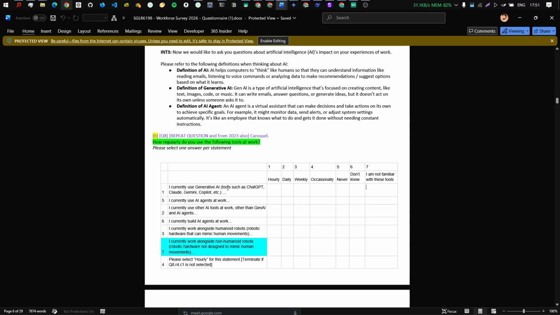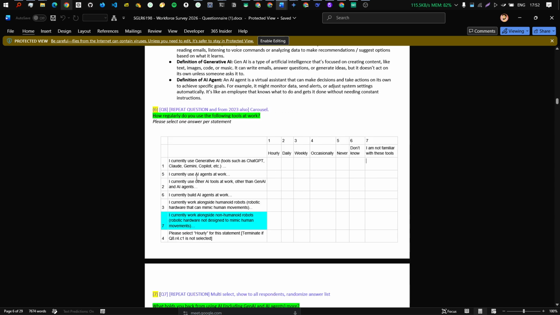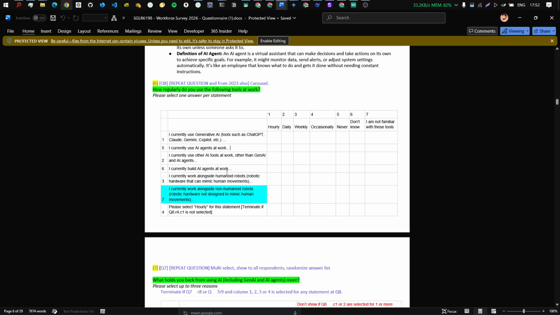I currently use generative AI tools such as GPT, Claude, Gemini, Copilot, etc. अगर आपने डेवलपर प्रोफाइल और एज आपने 25 के अप्रॉक्स लिए, तब आप इसको डेली, वीकली में डालेंगे, आवरली कर सकते हैं अगर आपको लगता है। Currently use AI agents, ओनली यूज्ड बाय डेवलपर्स, तो उसी के लिए आप ये सेलेक्ट करेंगे, वरना डोंट नो या नॉट फैमिलियर में डाल देंगे। अगर आपने जनरल प्रोफाइल लिया है एचआर की या किसी और की, क्योंकि एचआर चैट जीपीटी यूज कर सकते हैं बट दे कैन नॉट यूज एआई एजेंट्स। ओके, I currently use other tools at work other than generative AI agents, इसके लिए भी आप प्रोफाइल के ही अकॉर्डिंग करेंगे।